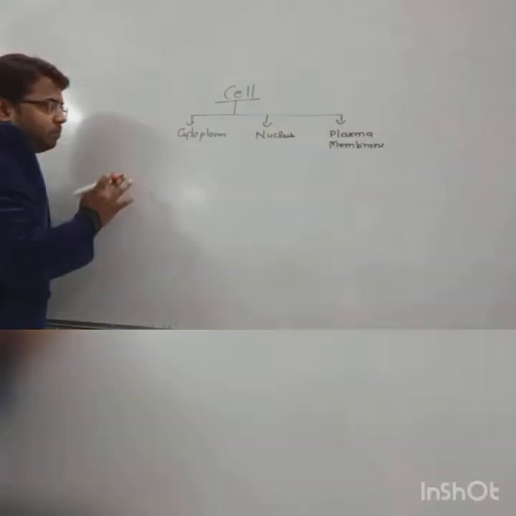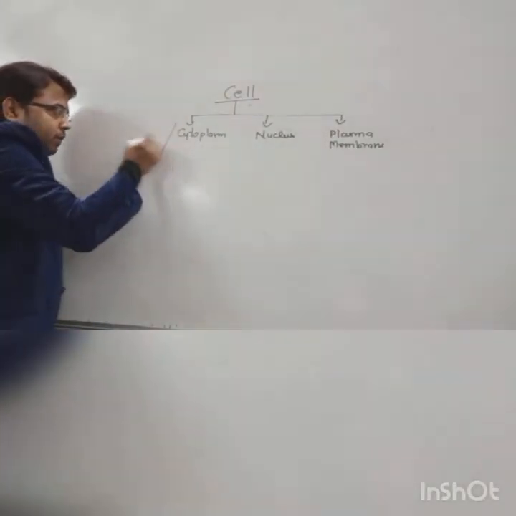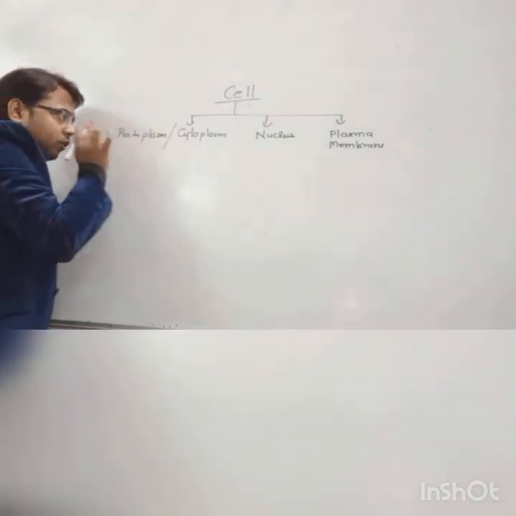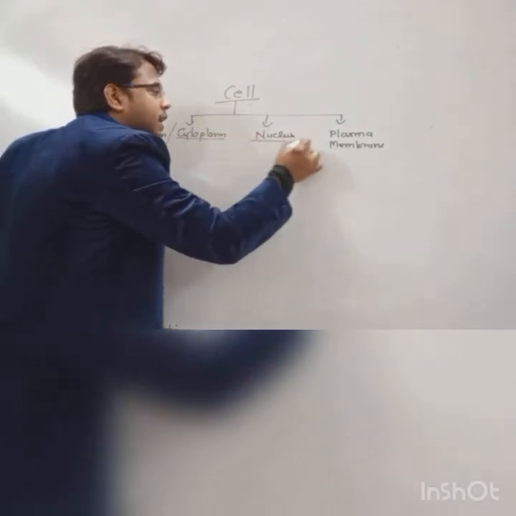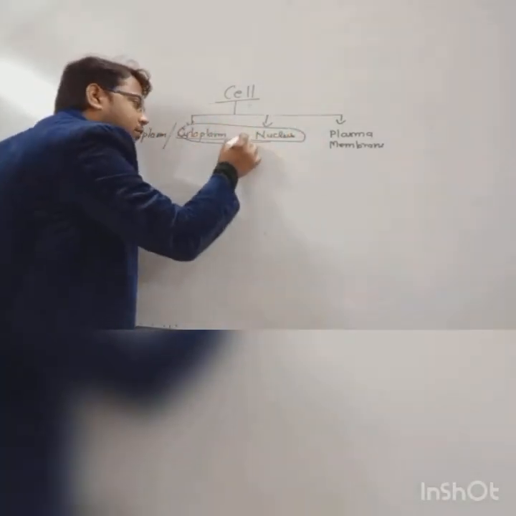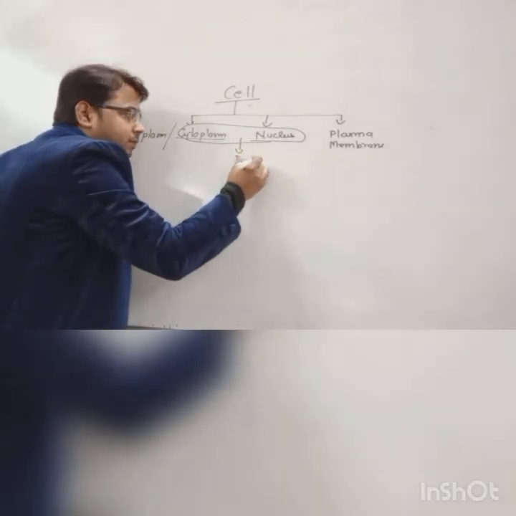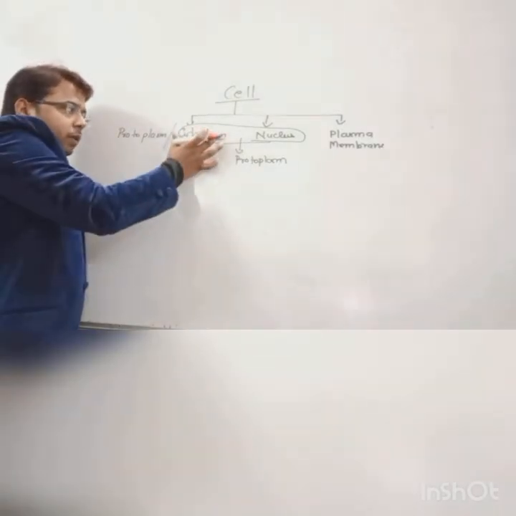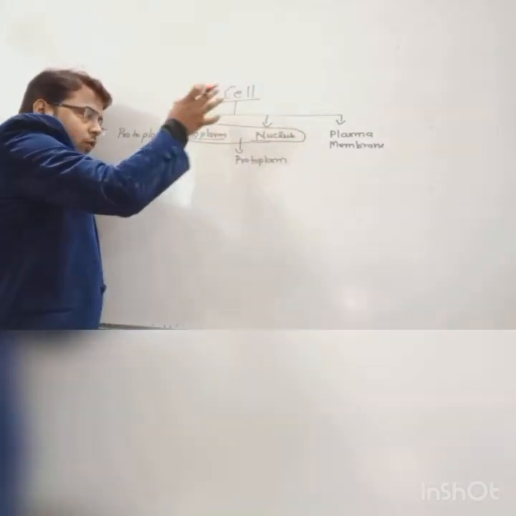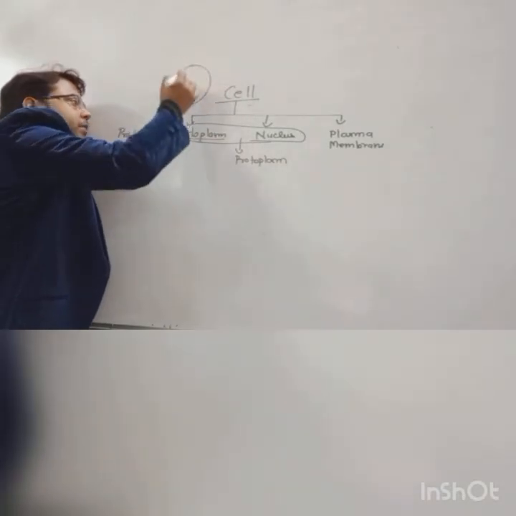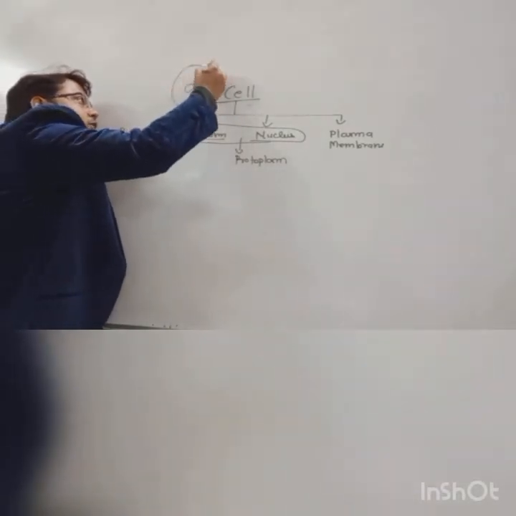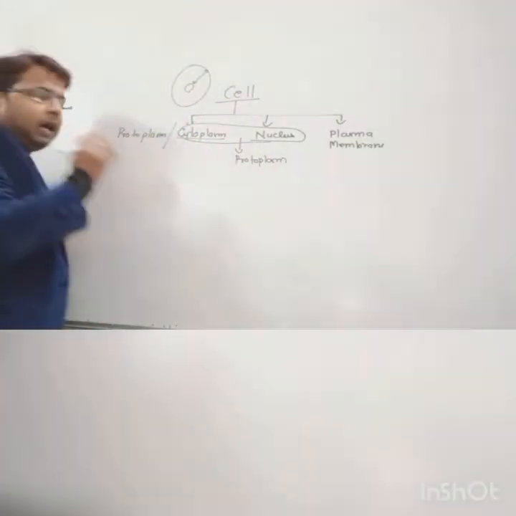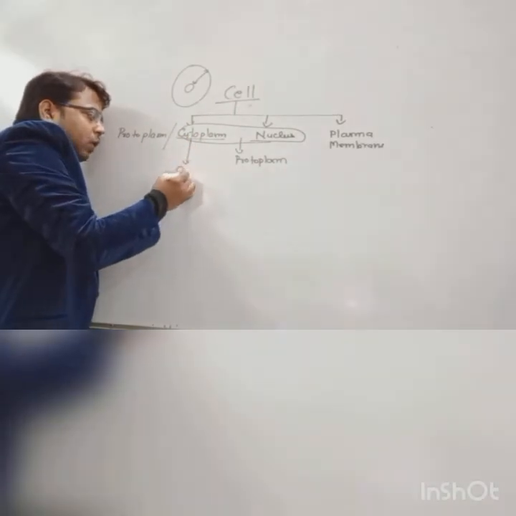We have two words which may seem related to each other, that is cytoplasm and protoplasm, but there is a difference between them. When we take cytoplasm as well as nucleus, we name this as protoplasm. But if we only consider cytoplasm, we are neglecting the nucleus. We are only talking about that part of the cell which is between the nucleus and the plasma membrane. That part is known as cytoplasm. The cytoplasmic part contains cell organelles,